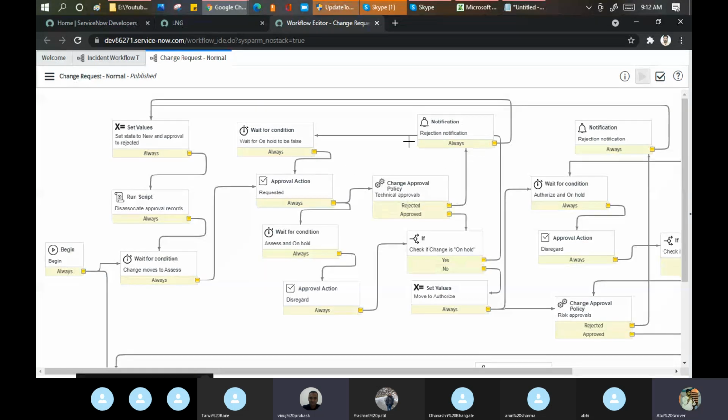This is the important point. Change approval policy. Why am I telling you? Because being a fresher, you should know the basics of these so that you can clear the interview and tell them that yes, you know these terms and policies.